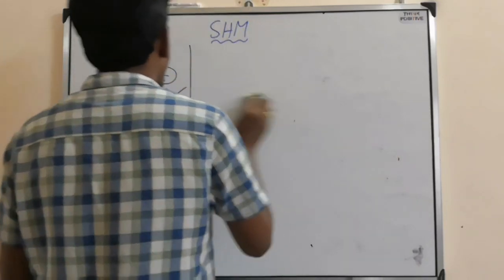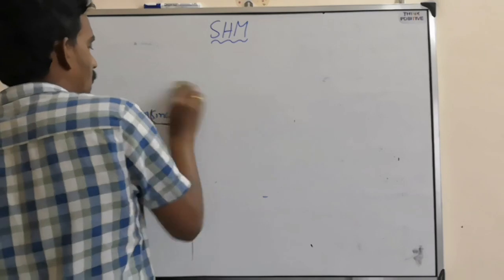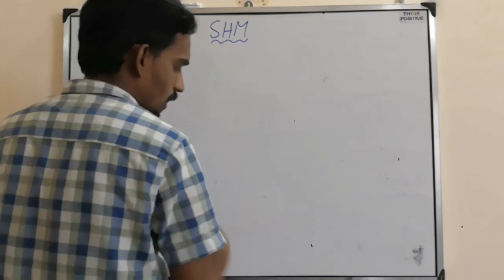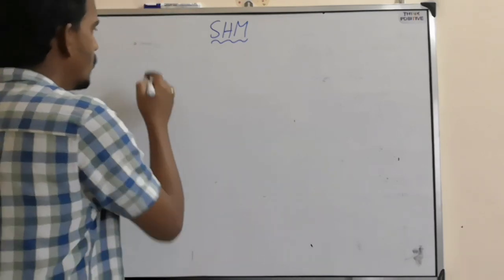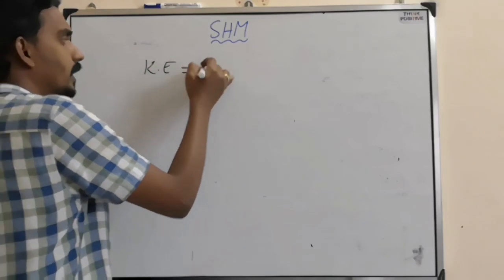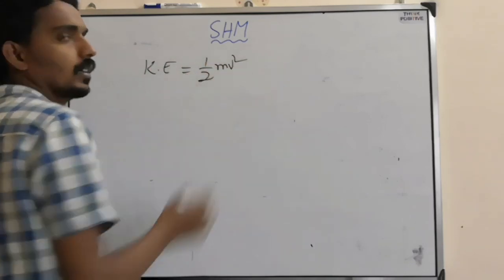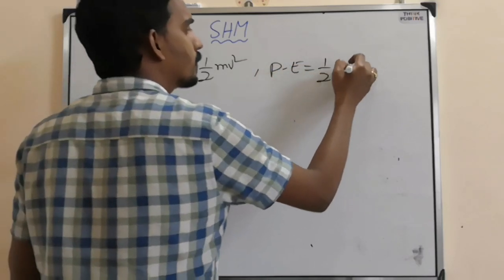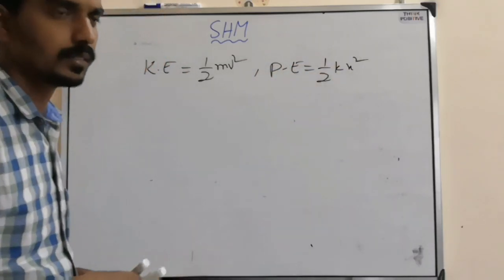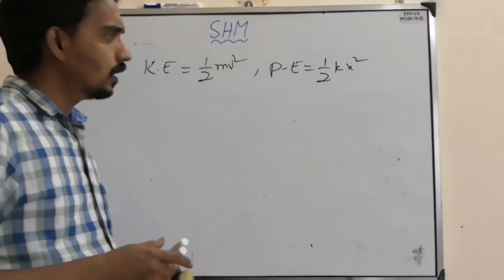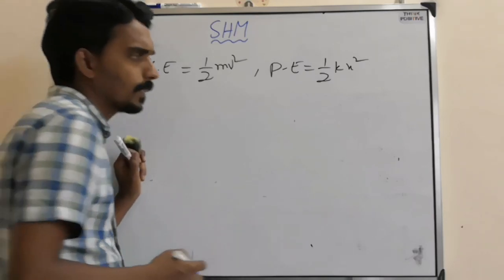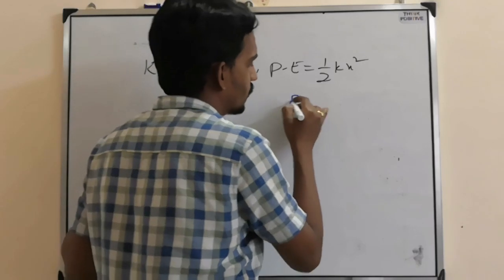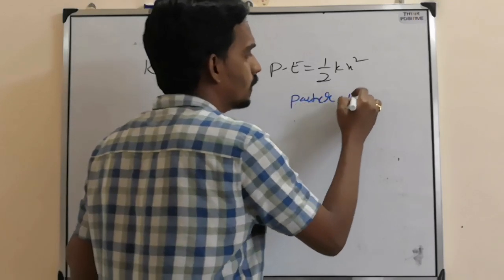Now let's see the other question based on the same equation. One is kinetic energy, that is half mv square, and another one is potential energy, that is half kx square. So here, to understand this, first thing, whenever a particle is in SHM,